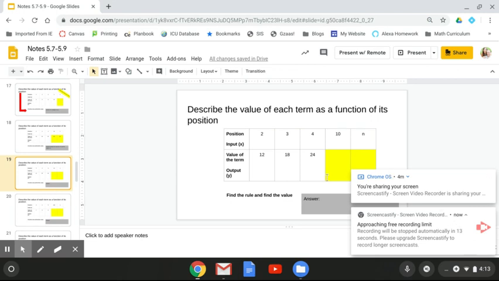If you go to slide 19, it's the same thing as 18. So maybe I should go down to slide 20. On slide 20, it's the same thing. We're looking from 3